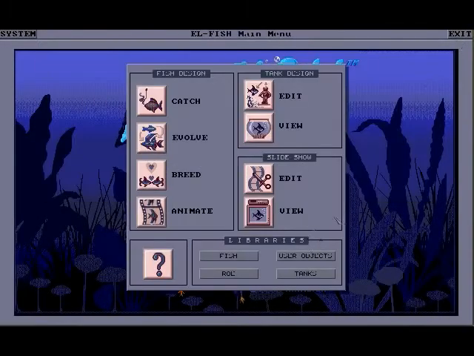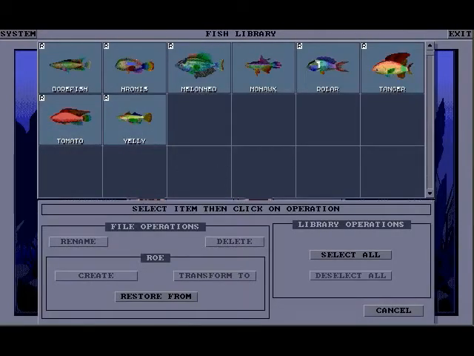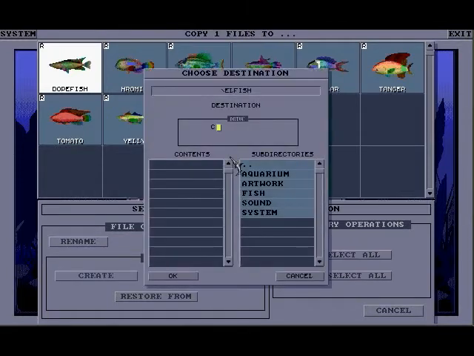So that's pretty much the meat and potatoes of the game. Your basic goal is to catch and design fish. It's not really even designing, it's sort of evolving and mutating, breeding fish to what you want in an aquarium fish, and then putting it on display. This row screen, I'm just showing this off because